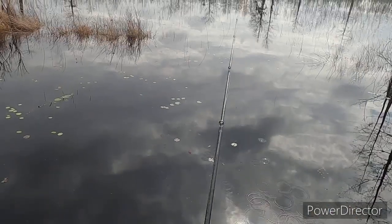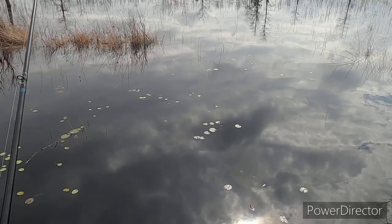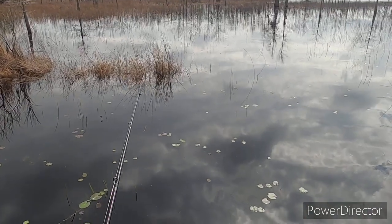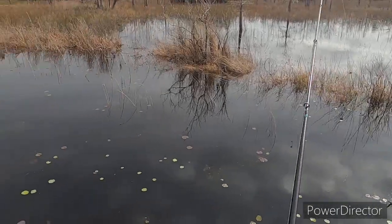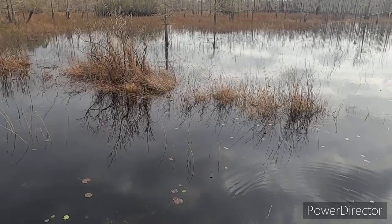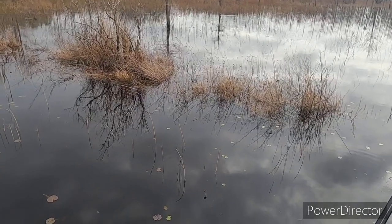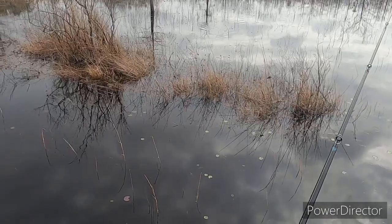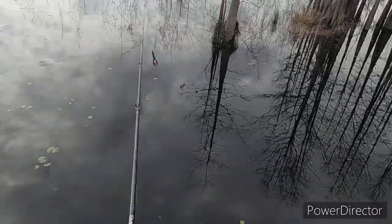But man, if I would have had this GoPro with me Saturday, I could have got y'all some good footage. I mean, it was one of them days where every time I've had it with me, the bite was so slow. I couldn't have got you no footage other than just watching me cast. Of course, that might be all you're gonna see here. I was hoping I might, because I got 2 within about